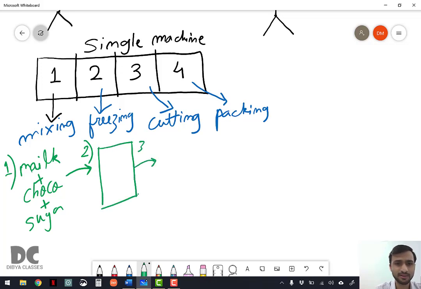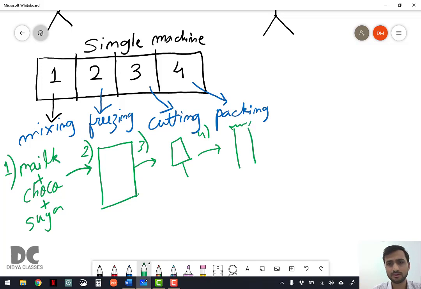Then in task 3, it was cut into, say, kind of rectangle shapes, and then this ice cream was again kept inside a beautiful package so that it is ready for sale.